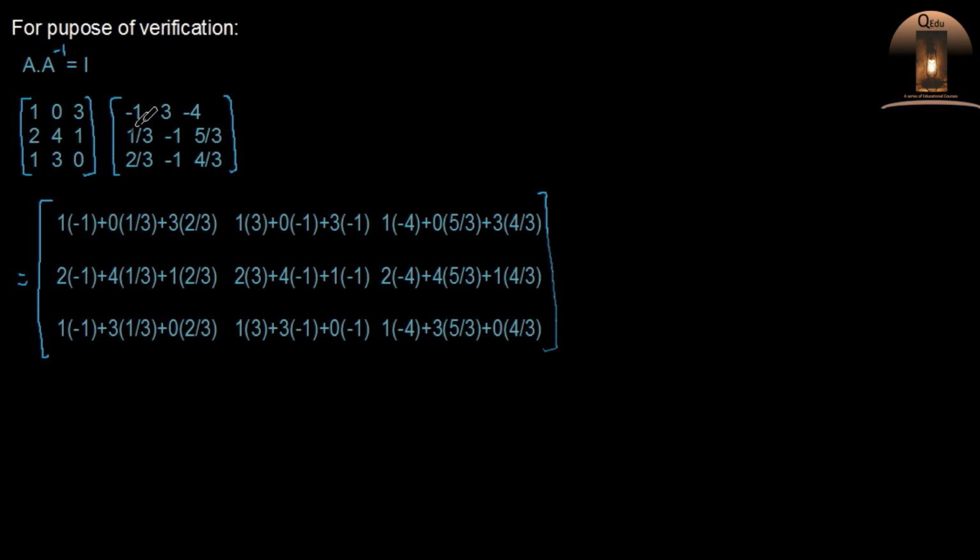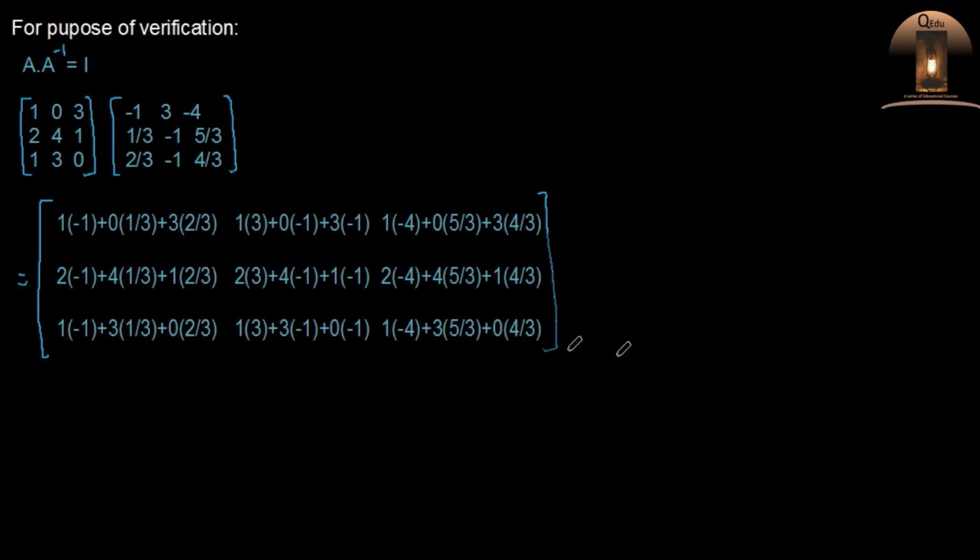And similarly for the first element of the second row, we have to multiply the second row of the first matrix A with the first column of the inverse of A, and then the second row with the second column of the inverse of A to get the second element of the second row. Similarly for the third element of the second row, we have to multiply the second row with the third column of the matrix A inverse. So that is obtained using the multiplication rule that we already know. We have discussed this rule in the types of matrices, and by applying addition and multiplication rules on the matrices. So I'm not going to describe each of these steps. After multiplying these two matrices, we have these results.